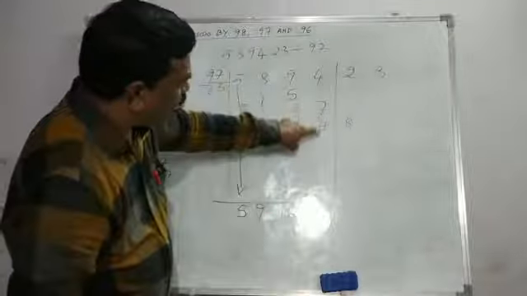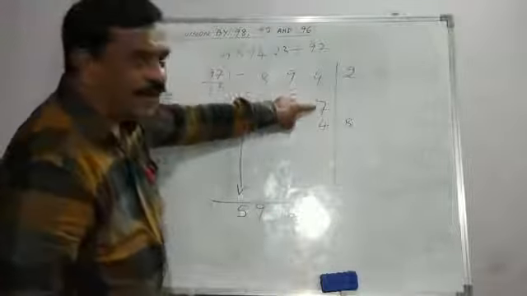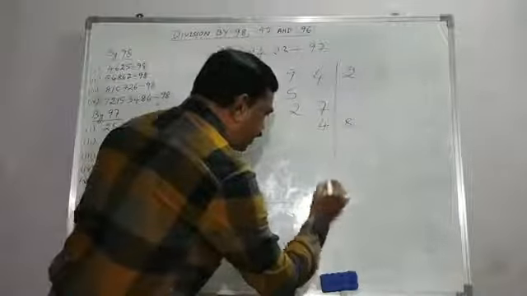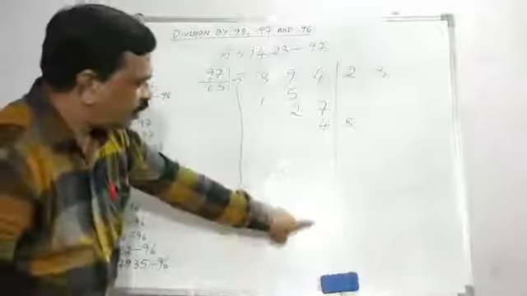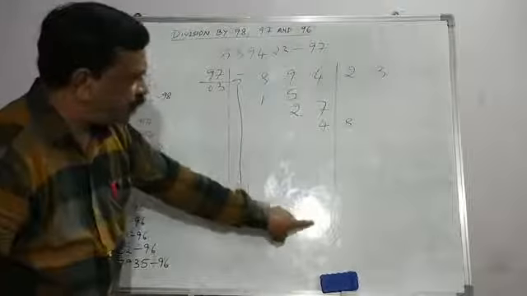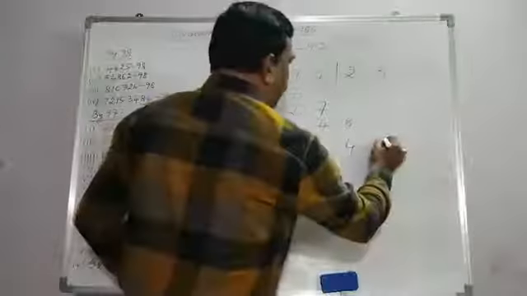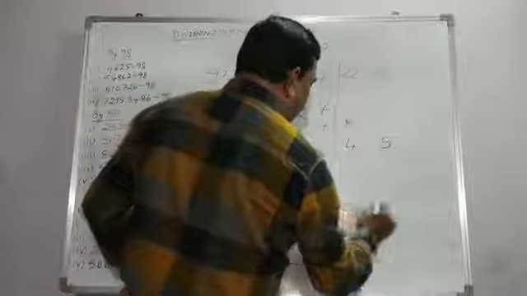Now add this column. 4 plus 7 is 11. 11 plus 4 is 15. So we are getting 15 here. Again double digit we are getting. Doesn't matter. Now here 3 into 15. 3 into 15 is 45. So we write 4 here and 45 here under the next digit.